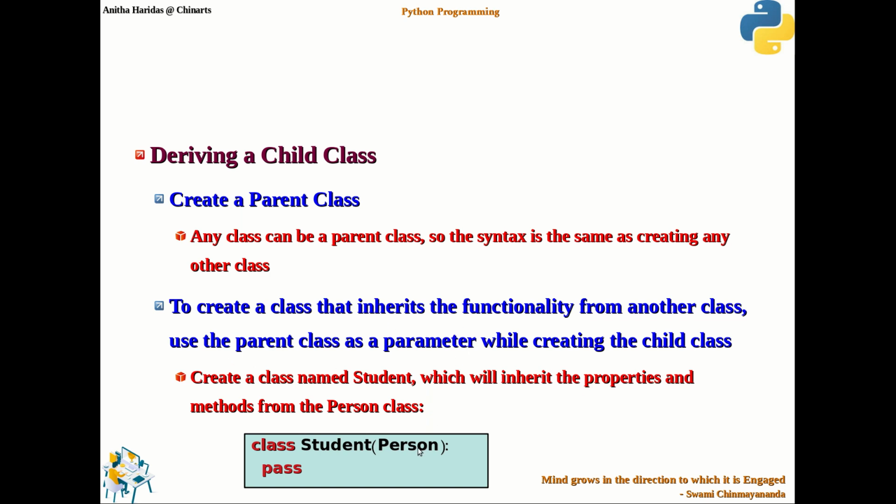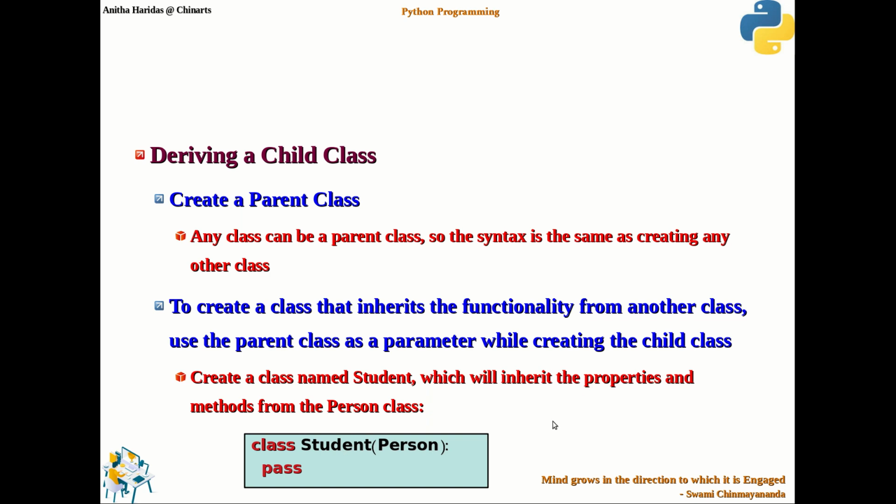Here person is the parent class, student is the child class. So you pass this class name as the parameter. Whatever attributes or properties of the person class are available, all those properties will be inherited in the student class also.